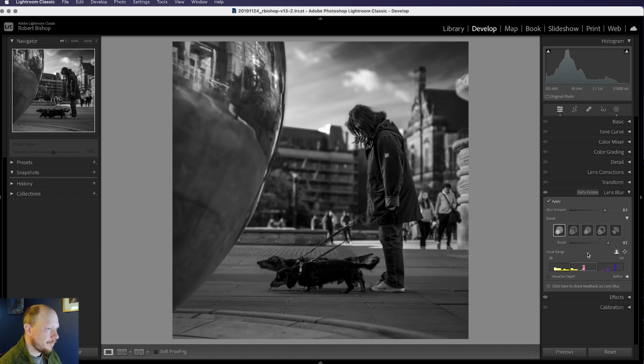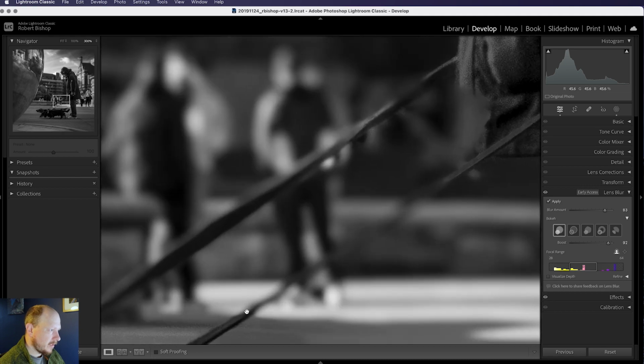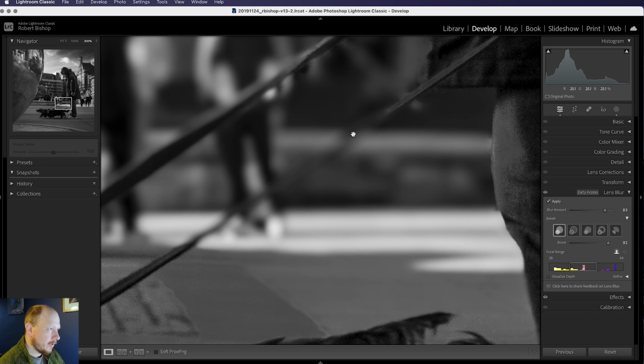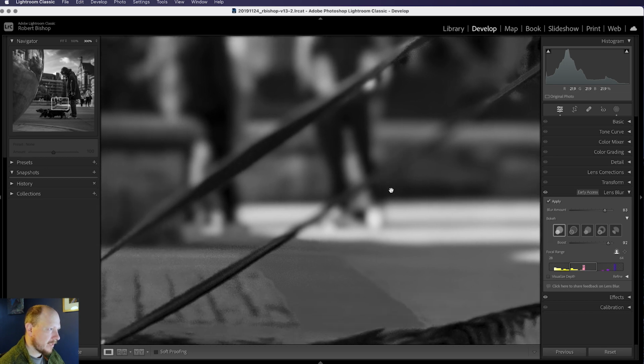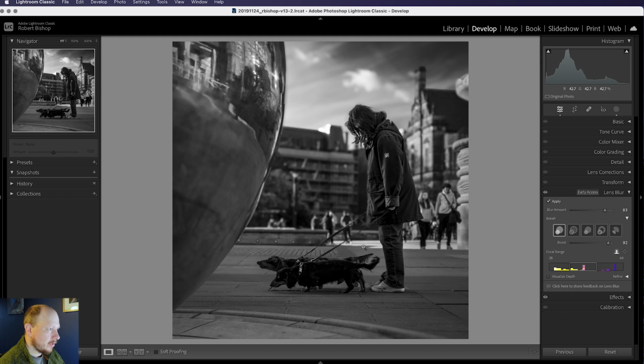Okay, so that's great, but you'll notice that the lead, which is closest to the camera, is slightly out of focus. If I just zoom in on that, you see it's missed a little bit of the lead where it should be nice and sharp and in focus, and in fact it's blended it in with the background and made it out of focus. So what we're going to need to do is just slightly refine our mask, and we can do that by just clicking the little arrow next to the word refine down here,